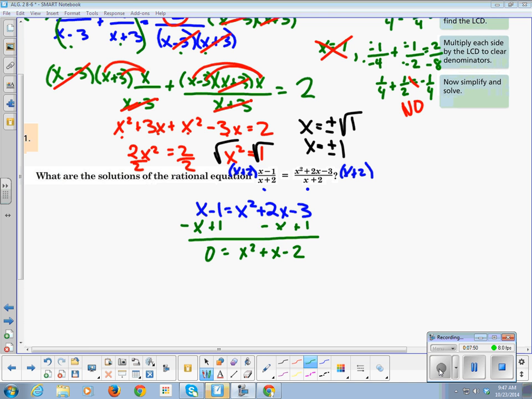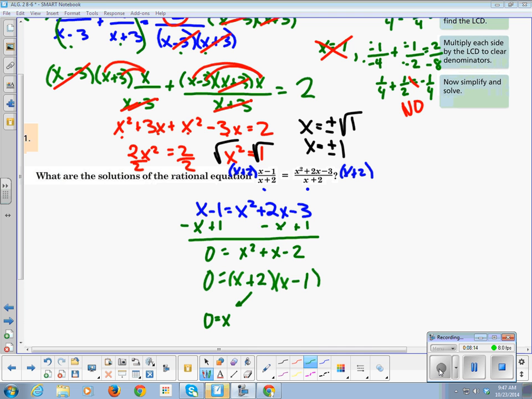So I'm going to factor this guy out because I'm amazing at factoring. Thank you, Algebra 1. Two numbers that multiply to give you negative 2 and add to give you positive 1 are positive 2 and negative 1. So this equation is true